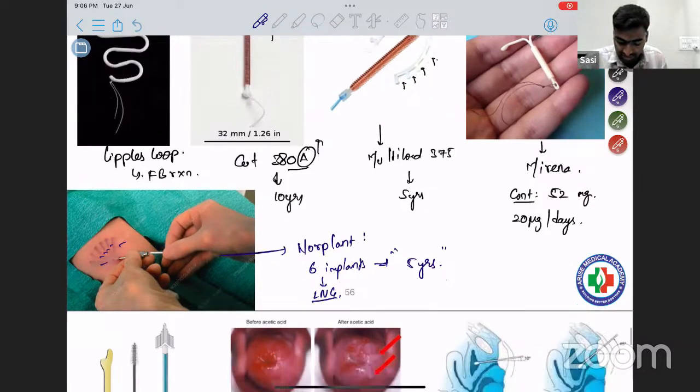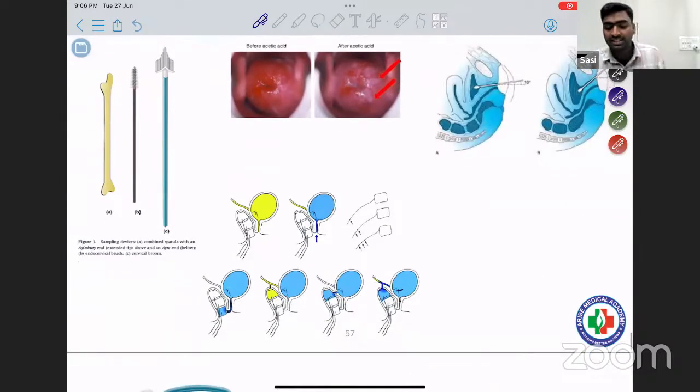Fine. Next, we'll move on to a few tests, for example, or a few instruments. What is this one? This is the Ayre spatula, which is used to take samples from the cervix, mainly the ectocervix. Next one, this is the brush, or the cervical brush, with which we can take